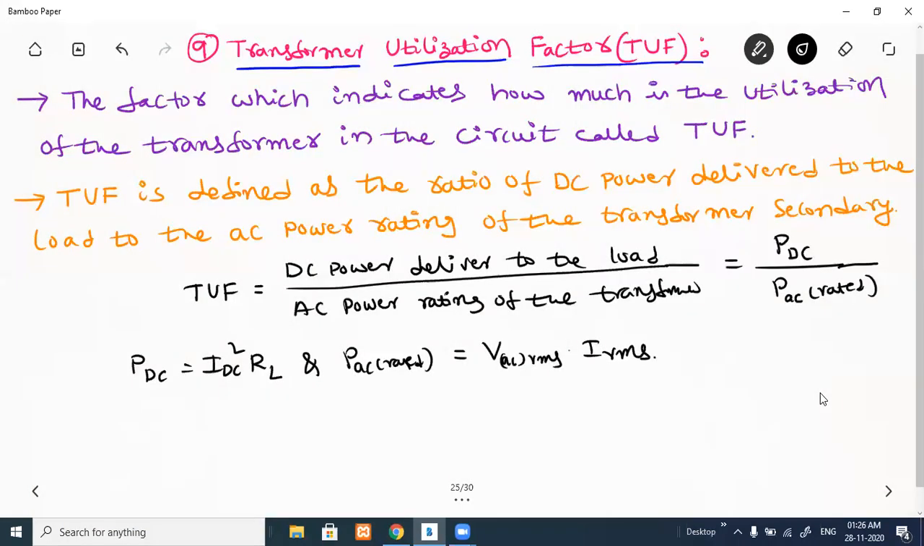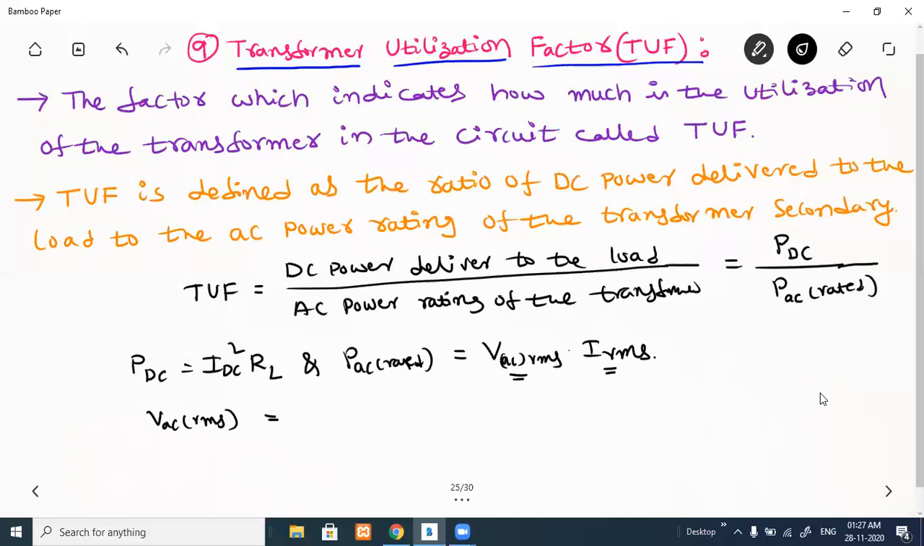So PAC rated equal to VAC RMS into IRMS. First I am calculating this one, and multiplying those two, we are getting PAC. So VAC RMS equal to,